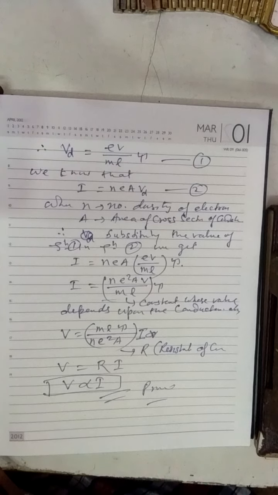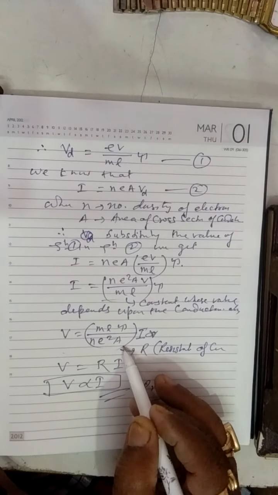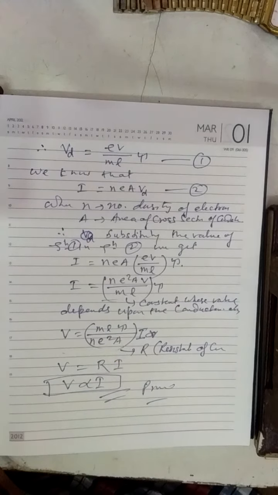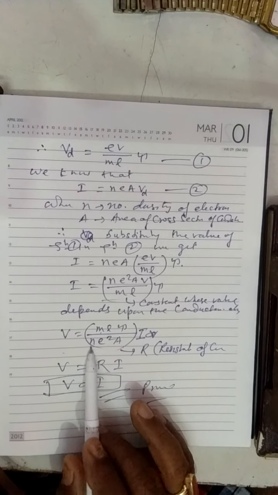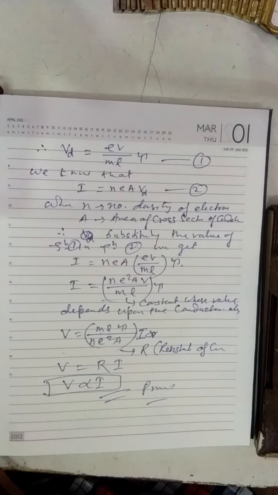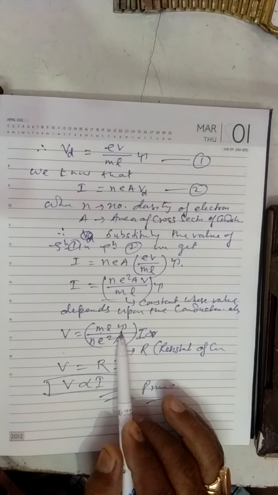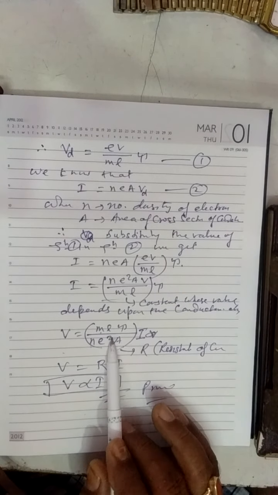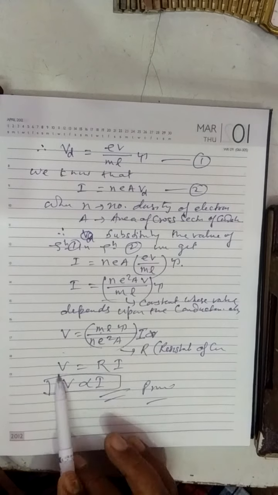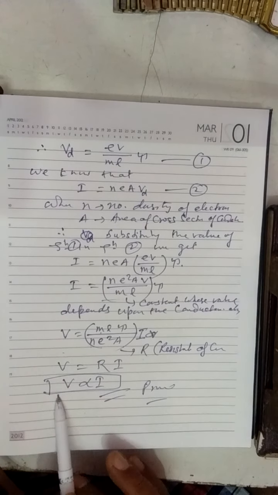Rearranging, we get V = (mL tau / ne²A) I. In brackets, mL tau divided by ne²A is a constant which depends on the nature of the conductor, because L is the length, A is the area of cross section, m is the mass of the electron, e is the charge on the electron, n is the number density, and tau is the relaxation time, and these all depend on the nature of the conductor. Therefore, it is written as a constant R. Therefore, V = IR, and this constant, if it is taken in